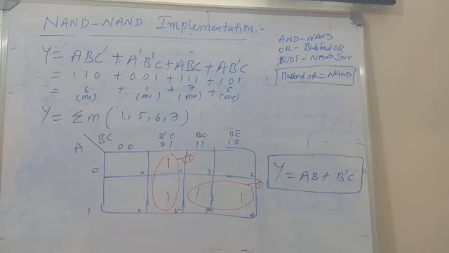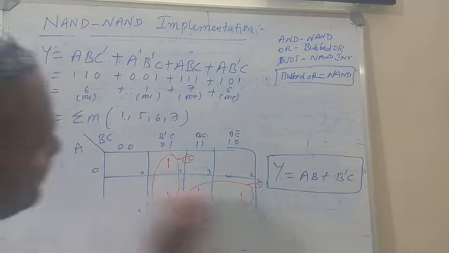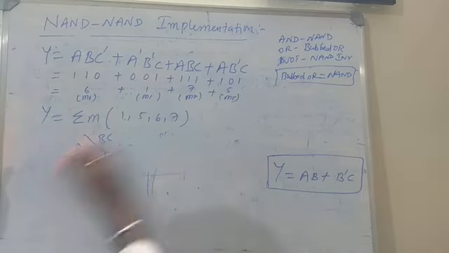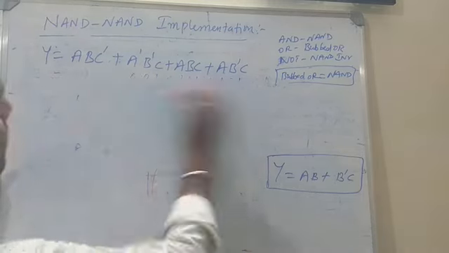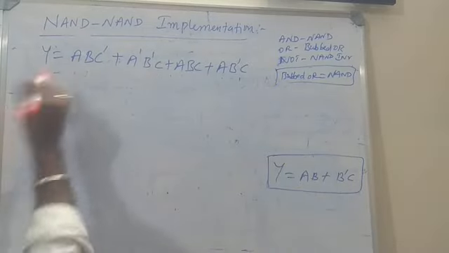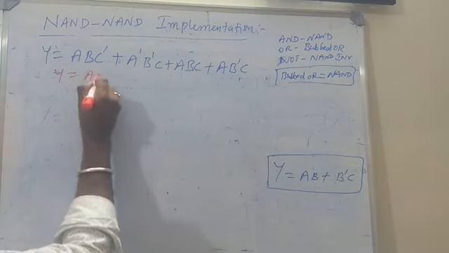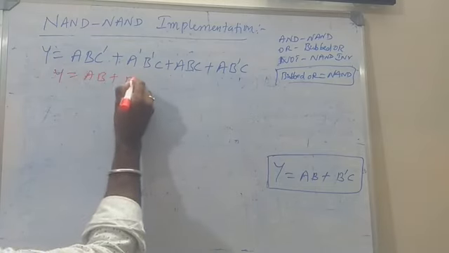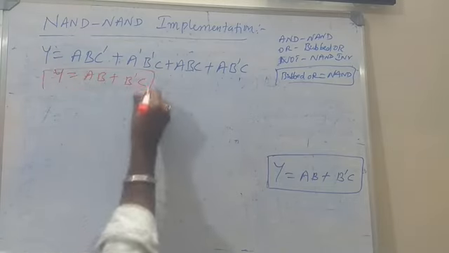So what is the next step? You have to draw the logic diagram by using AOI logic, right? So for that purpose, I am going to draw the AOI logic. Now the simplified expression is this one. Is it right? So Y is equal to AB plus B bar C. So this is the simplified expression, right?